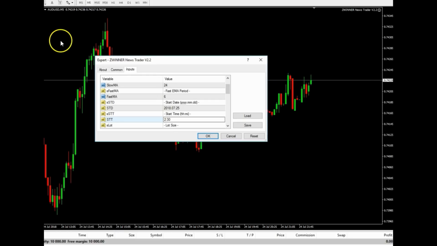But we look at the server time of the broker, which is showing 22:14, but my time is 23:14 at the moment. That means the server is 1 hour behind. So instead of 2:30, I'll make it